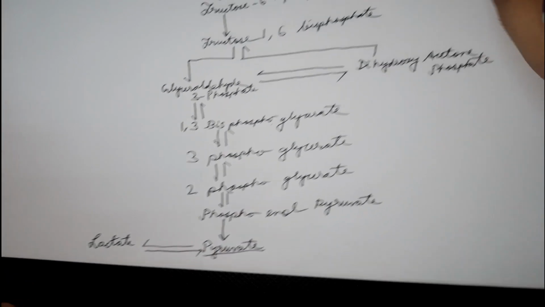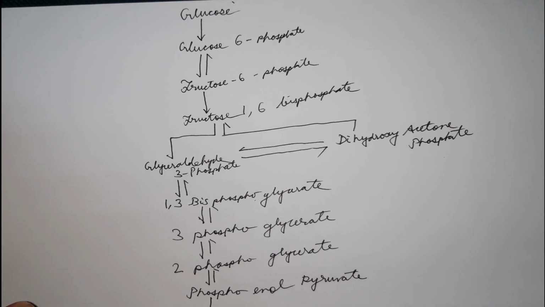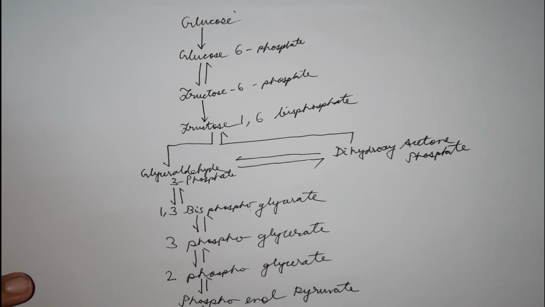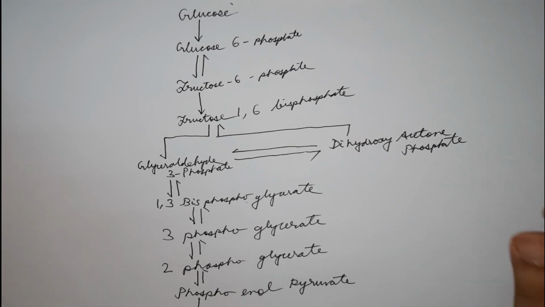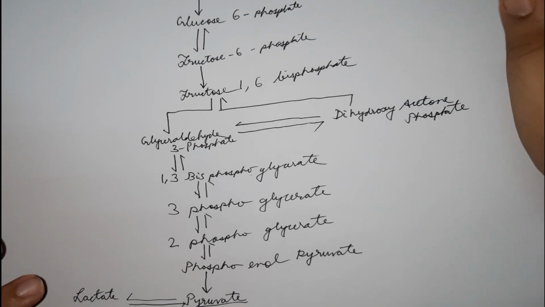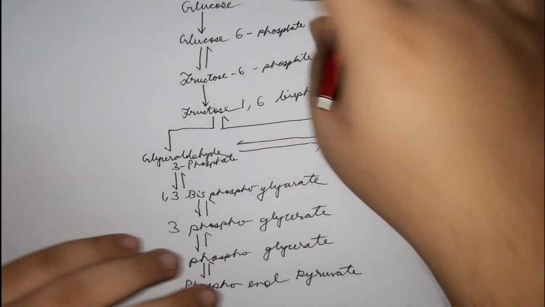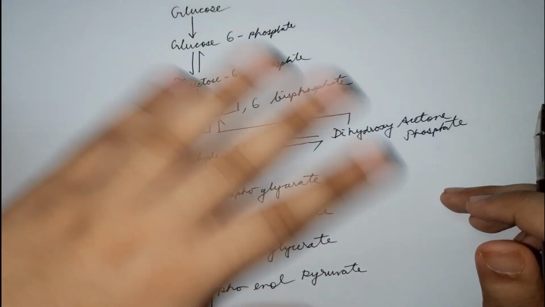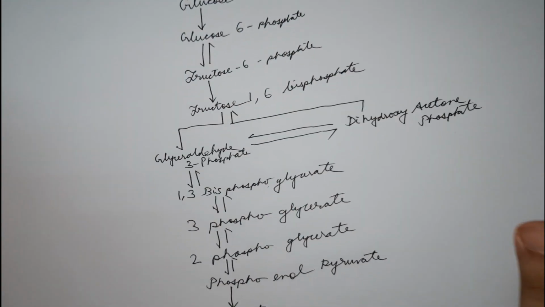Okay, so this is the basic skeleton of glycolysis, which I really do not have any memory aid to help you memorize. I have memorized this the hard way, but it's good that my biology teacher was very strict, so I had to learn it anyways. So that's helping me out right now, right? Anyways, now let's fill in the blanks. We have already drawn the basic skeleton. Now let's fill in the arrows with the enzymes and the different aspects.